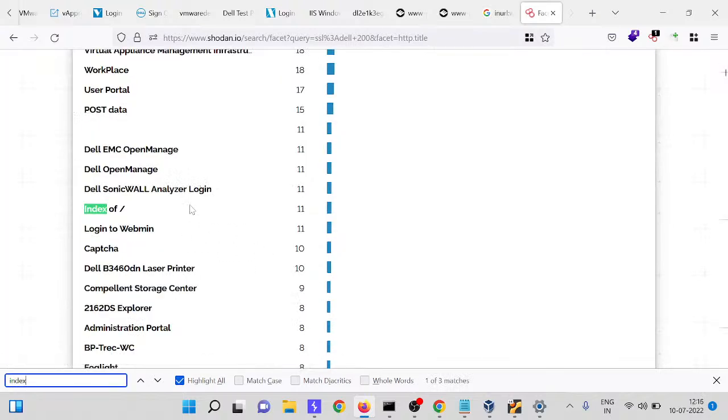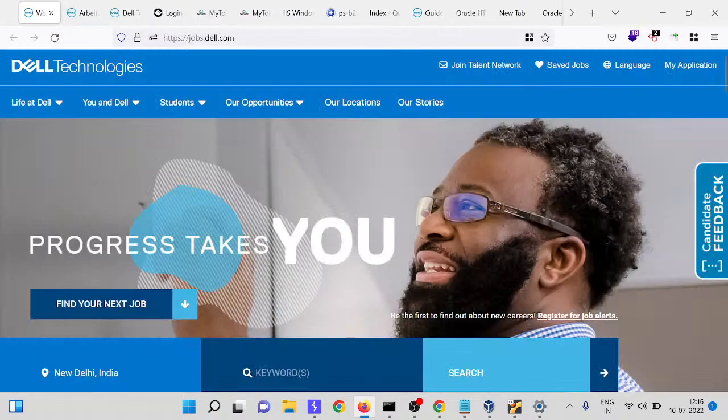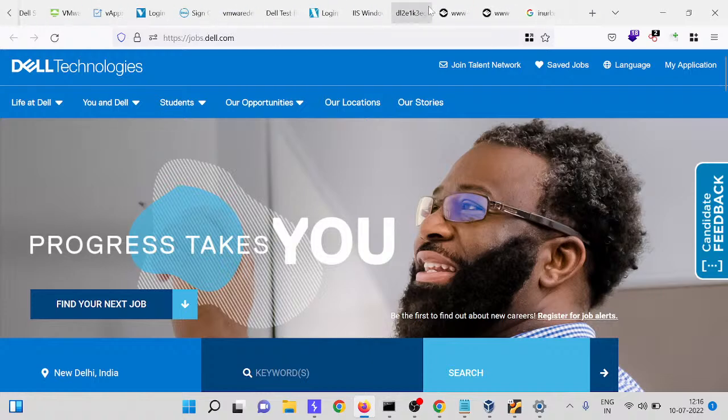And sometimes in index of you find sensitive data of an organization. I found a P1 four months before on Dell.com. It disclosed logs, credentials, everything.